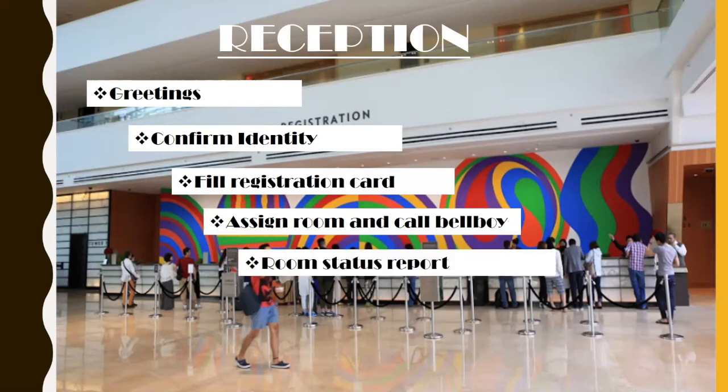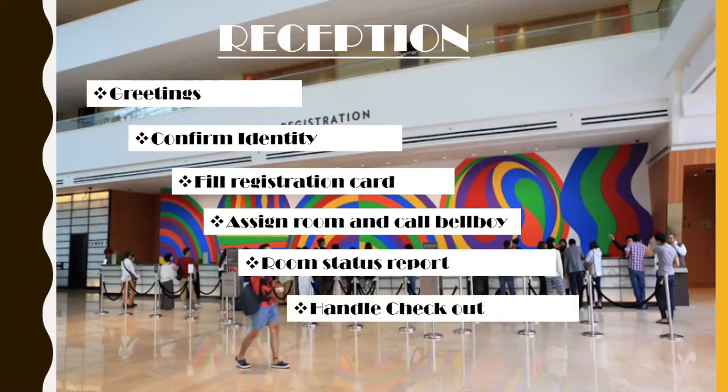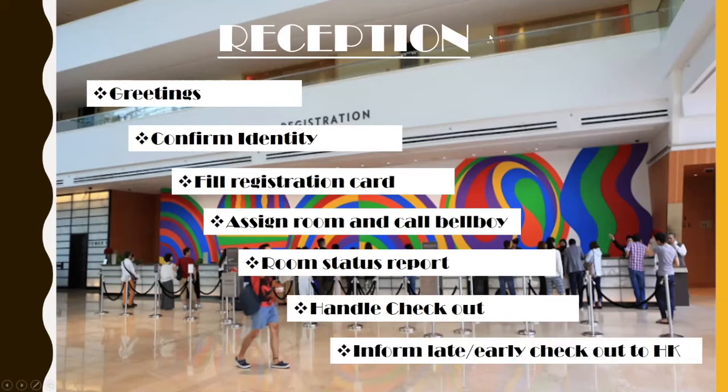They prepare the room status report, which gives the detail about whether the room is occupied or vacant, and also check for any discrepancies with the housekeeping, where they check if the room status of both departments is matching or not. Housekeeping checks the rooms physically and gives the room status, so it has to tally. They process the request for checkout and they inform the housekeeping department about any late checkout or any early checkout.